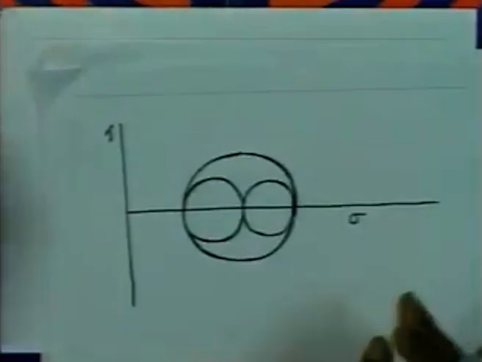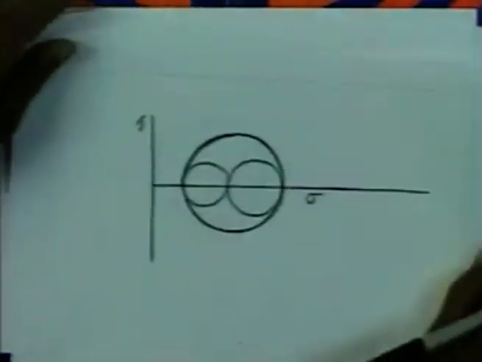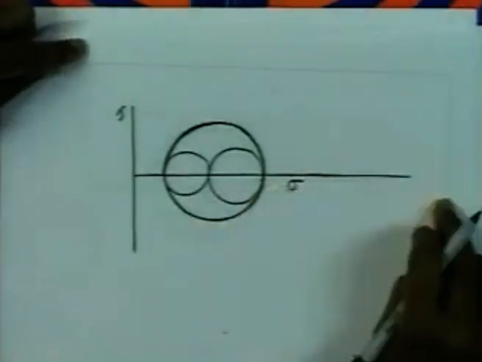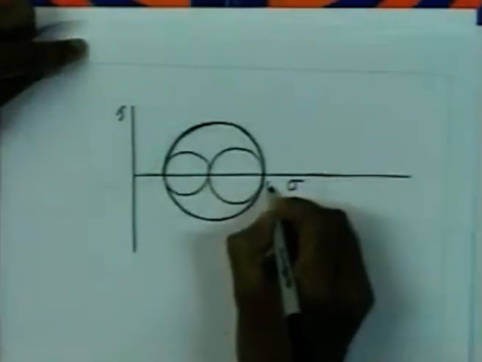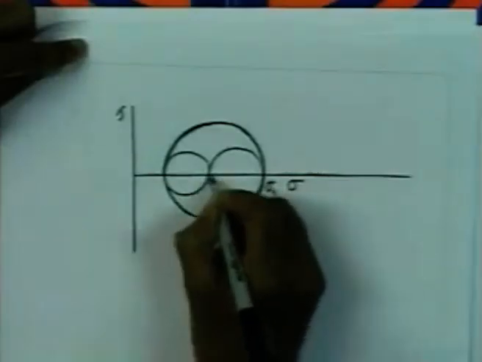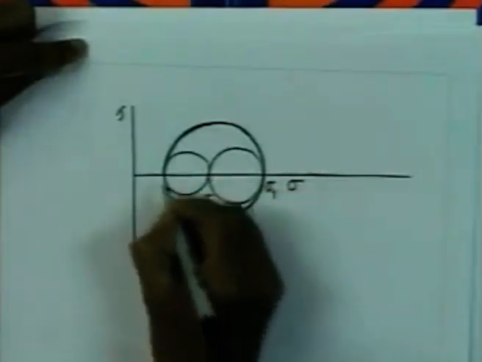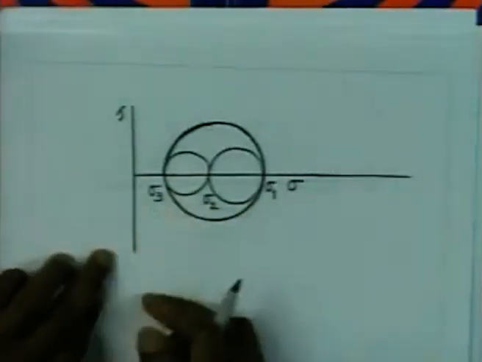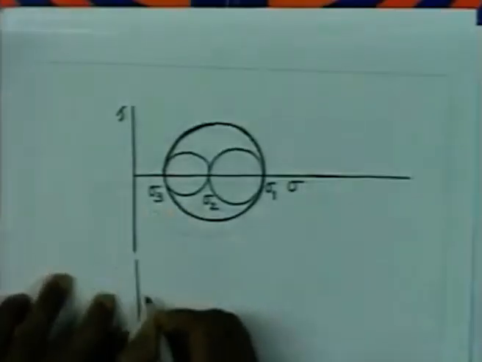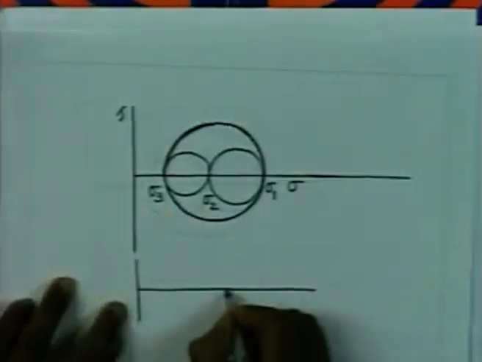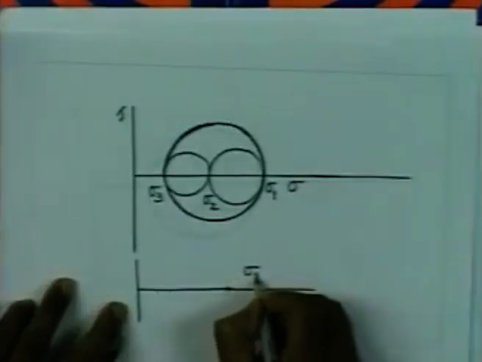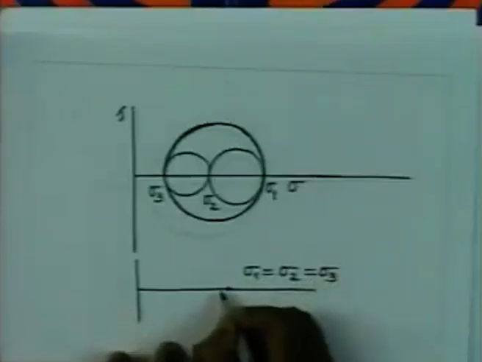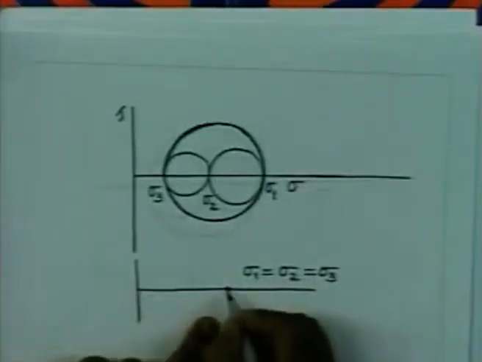So, let us say that we have the Mohr circle diagram like this in 3 dimensions, and we have indicated that this is the sigma axis, this is the tau axis, and now the stresses are sigma 1, sigma 2 and sigma 3. So, these are the 3 principal stresses. If the 3 principal stresses are equal, then Mohr circle is going to be 1 point. So, the case wherein sigma 1 equal to sigma 2 equal to sigma 3, that becomes a point, and therefore,